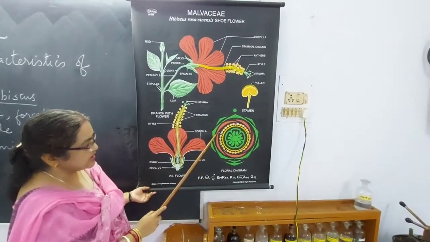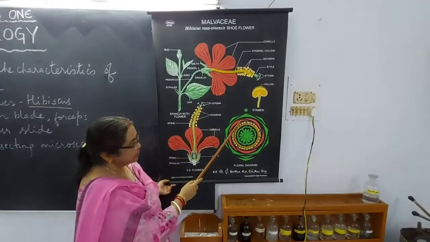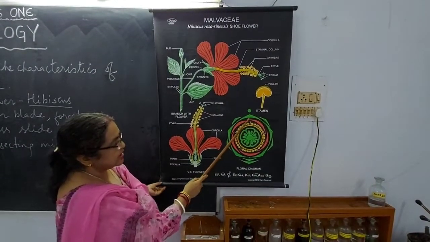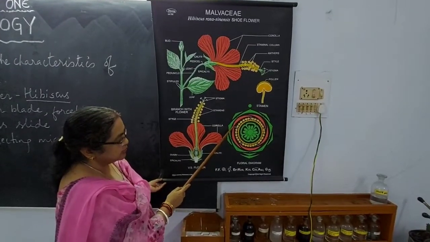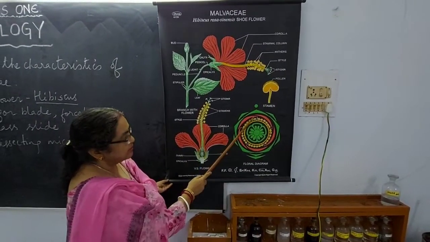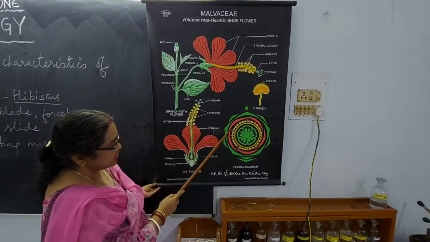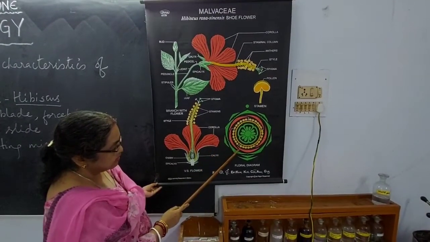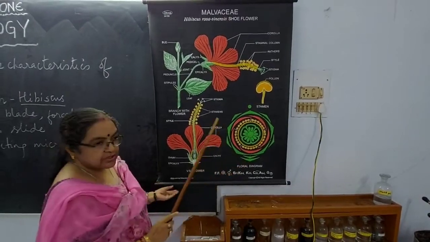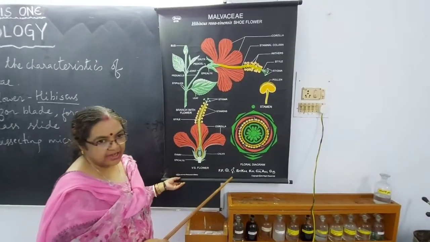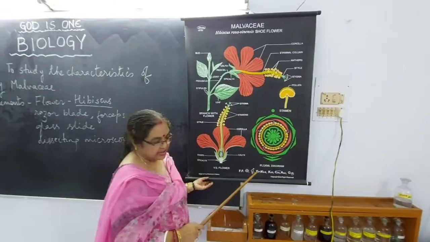Now in the corolla one thing which we see is that none of the corolla are joined. So you can see it is separated here, but one edge of the corolla is pointed inwards, one edge outwards, one edge inwards, one outwards, inwards, outwards. So this type of arrangement is called twisted aestivation.